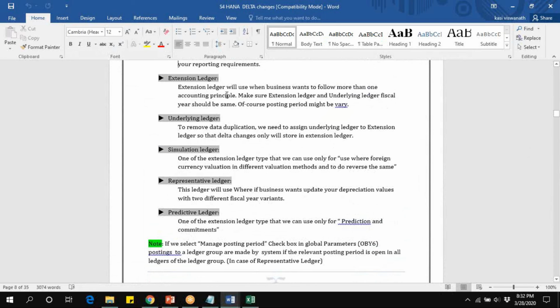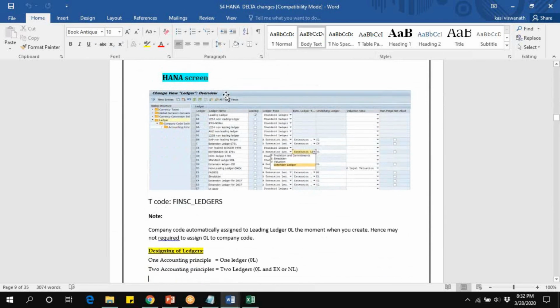The ledger is the same, but whenever we take a ledger, each and every ledger has its own properties. So we have to know those constraints: where it will affect and how it will affect. That's the main criteria in HANA.